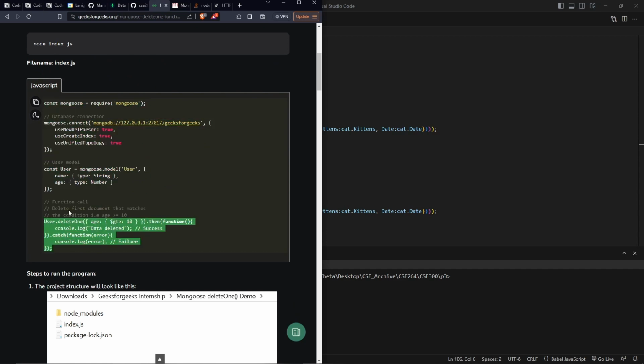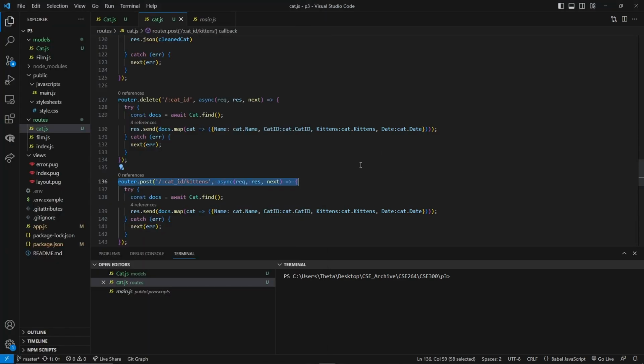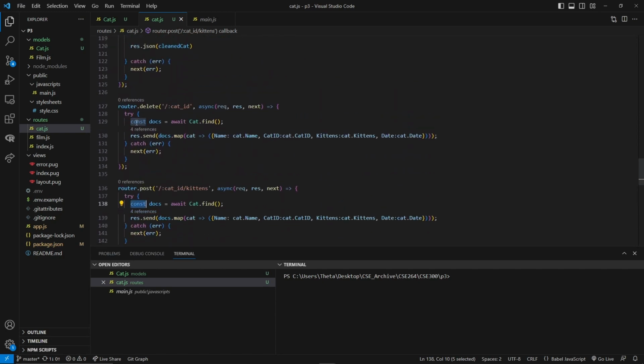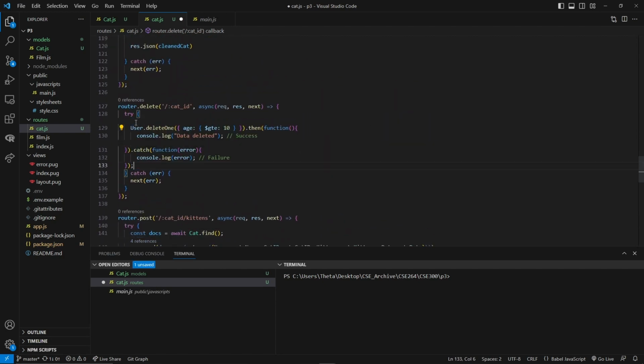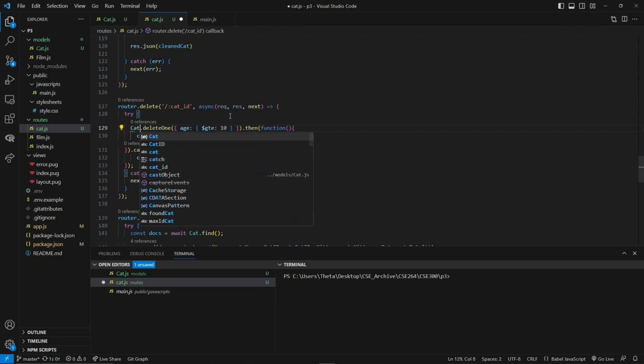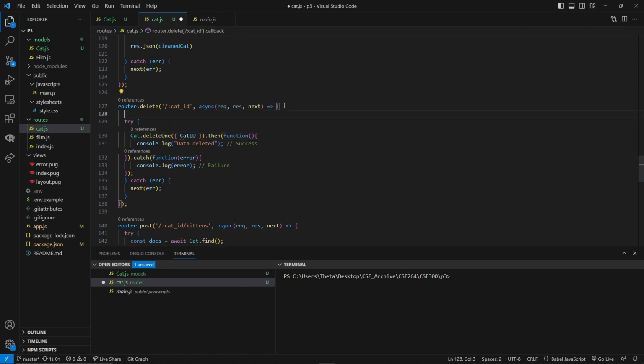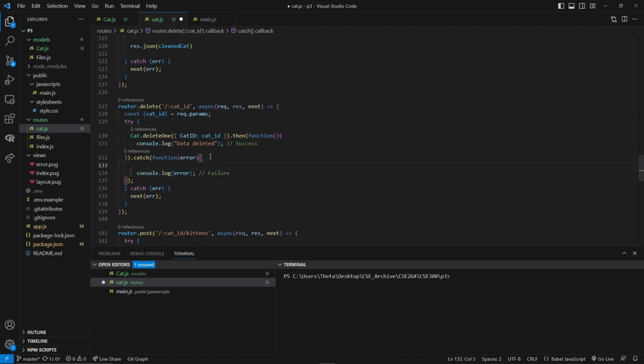I would just go to W3 or GeeksforGeeks, for example, or Stack Overflow, and essentially just do that somewhere over here, where you want to delete one where the cat ID equals our thing. And then if there's an error, then basically